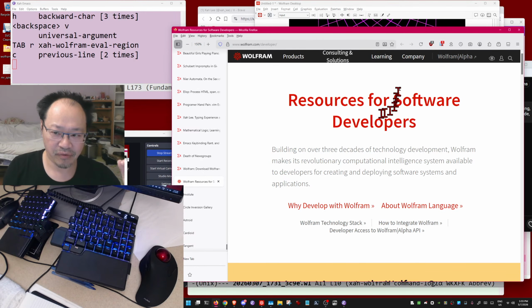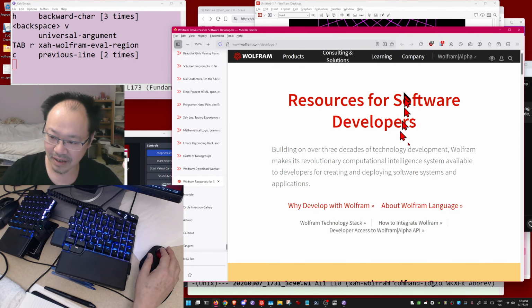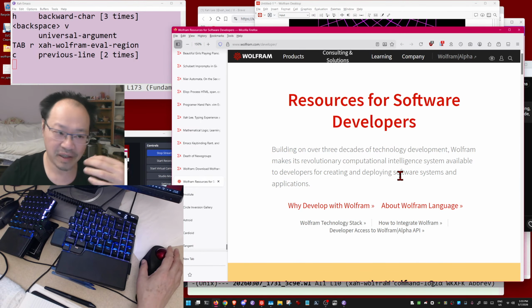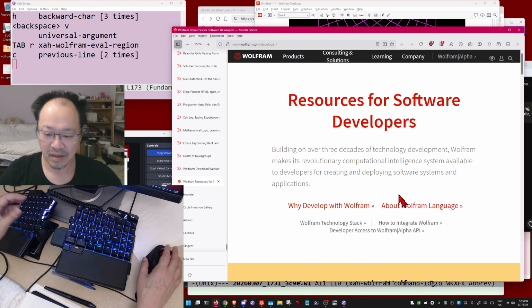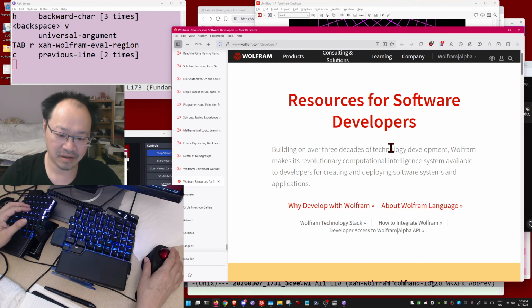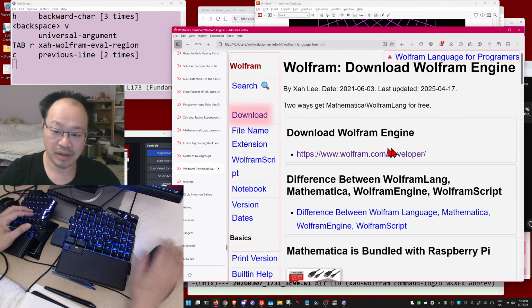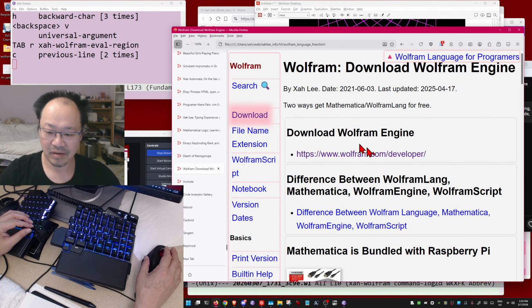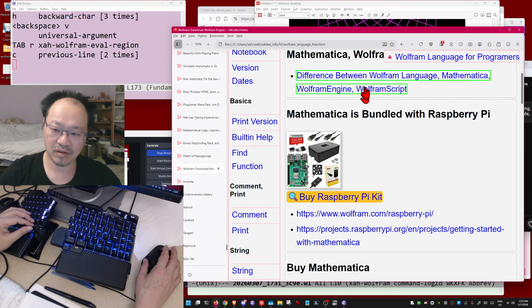That's about 4 gigabytes. You need to give your email and stuff. It's for students, for personal use. So read their license agreement and whatever. You can download it and then just read my articles. You also want to download